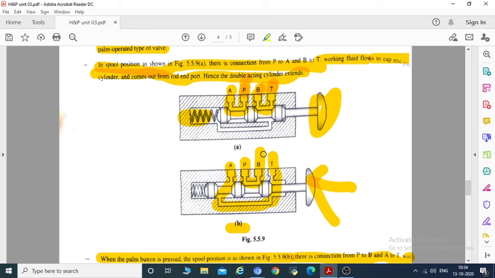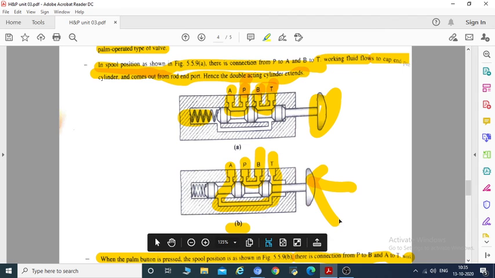How its position can be altered, I already showed you in the circuit diagram which we saw in previous sections. So according to these two positions we can alter the direction of the fluid, and hence it is called the direction control valve. Okay.